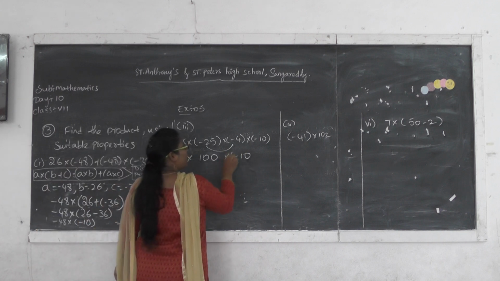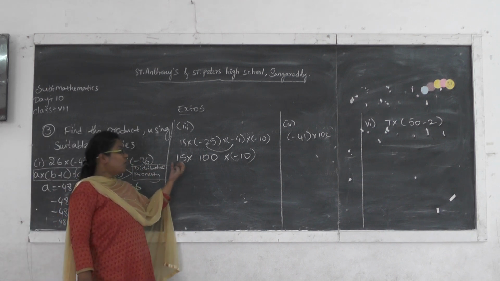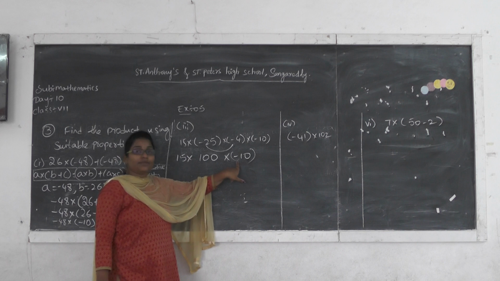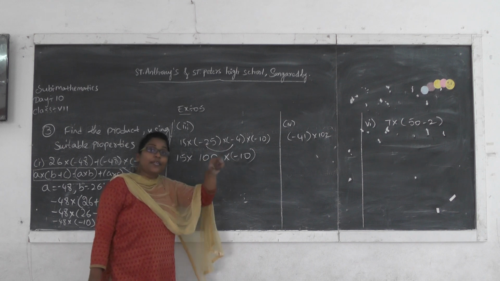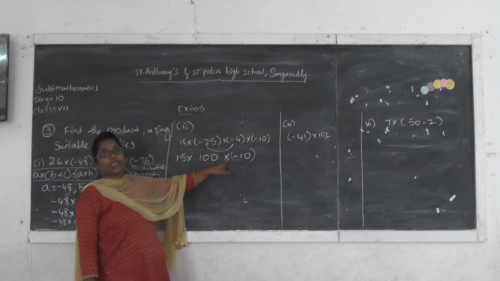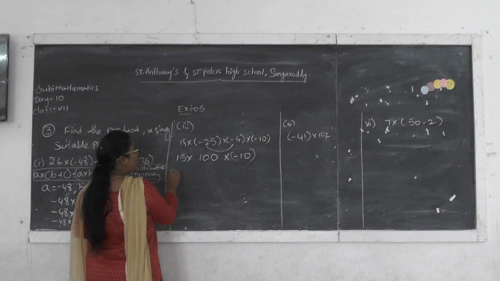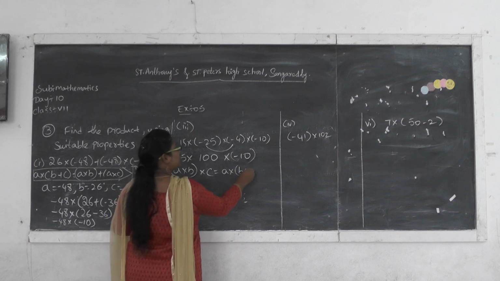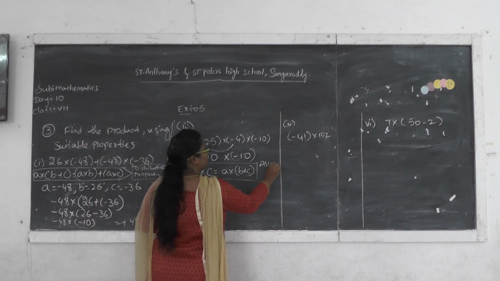Into minus 10. Now this is the associative property. The entire terms are connected with only one operation, that is into. I already told you, don't be confused with this negative sign. This negative sign indicates only that 10 is a negative integer. Here this into is an operation. Is it clear to all of you? Now which property is this? Associative property. What is the associative property? A into B into C equal to A into B into C. This is under which property? Associative property.